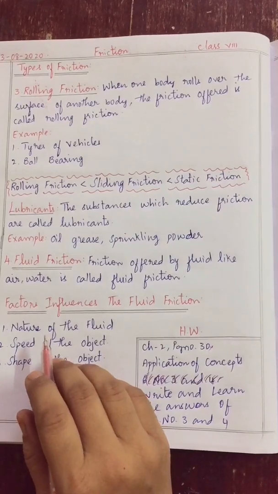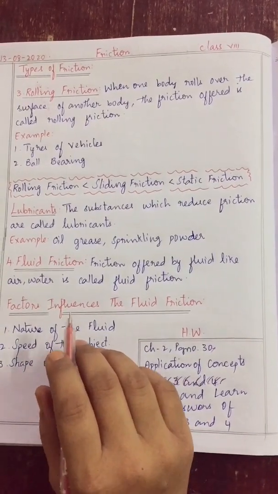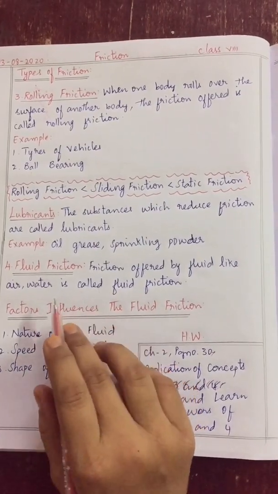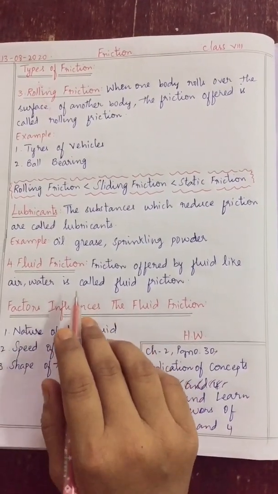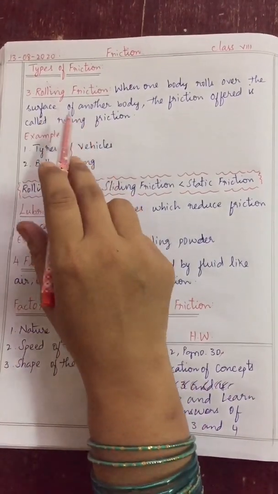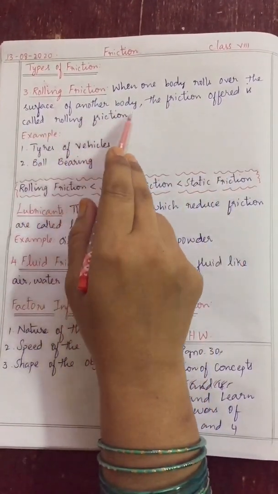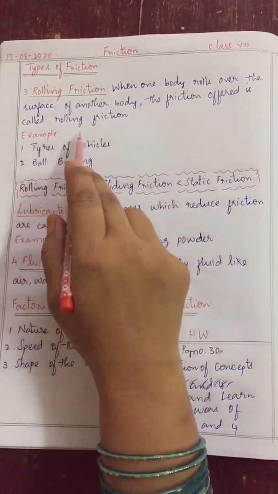Good morning, children. In the previous class, we were discussing different types of friction, in which we discussed static friction and sliding friction. Now in today's class, we'll discuss rolling friction. What is rolling friction? When one body rolls over the surface of another body, the friction offered is called rolling